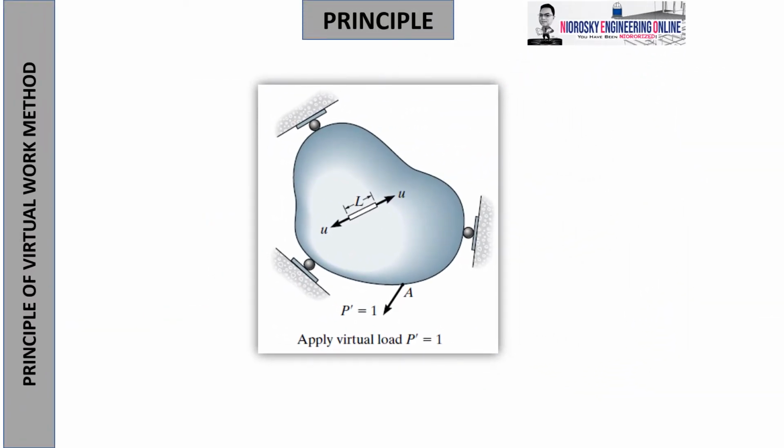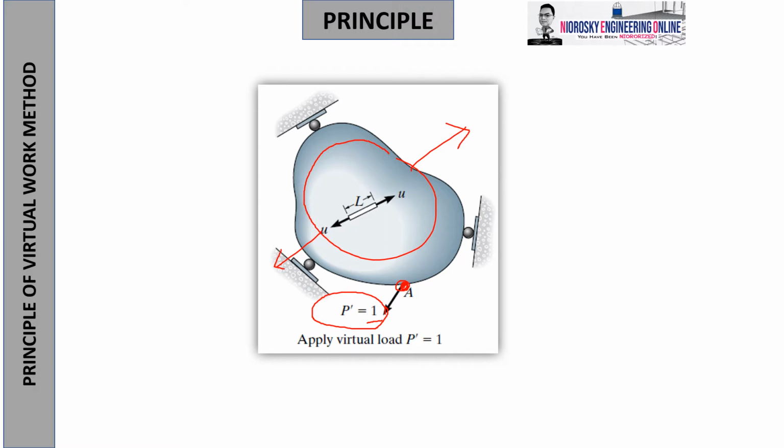Okay, what you can see here is just a structural modeling, or an object modeling, when it is subjected to a load. Let's say this is the object, or the material, or simply the structure with the supports. You can see the ball rollers, so it will act like any support. And then suddenly, when you apply P prime, unit value 1, at point A, assuming tension, most likely the element of the structure will tend to increase